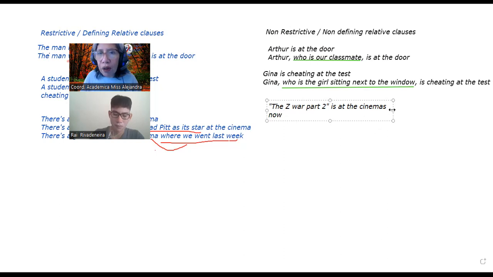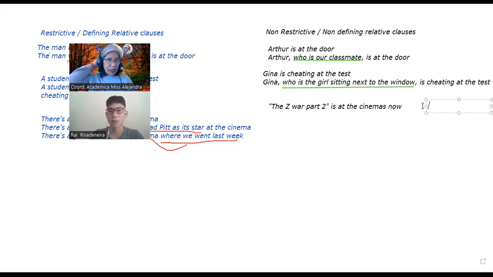The Z word part 2 is at the cinemas now. When I say at the cinemas, you understand that it's more than one cinema, okay, where you can see that movie. And you know the name of the movie. So instead of saying there is a good movie at the cinema, you say the Z word part 2 is at the cinemas now. So you understand that is the name of the movie that is the most popular at the cinemas. Of course, I can write